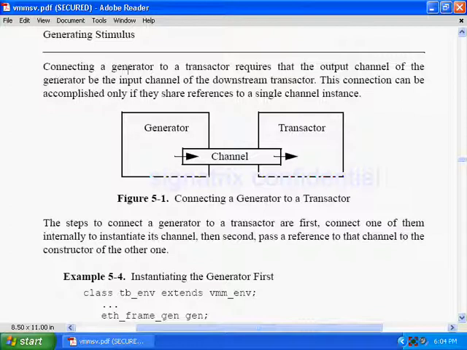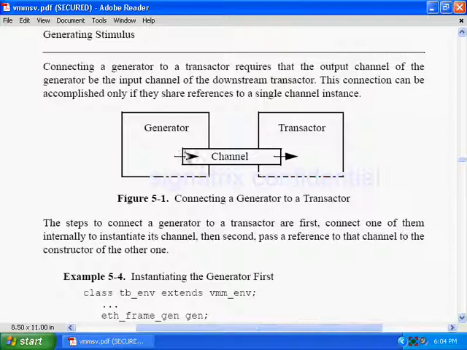Connecting a generator to a transactor requires that the output channel of the generator be an input channel of the downstream transactor. So whatever is the output from a generator will act as an input for the transactor. This connection can be accomplished only if they share the reference to a single channel instance.